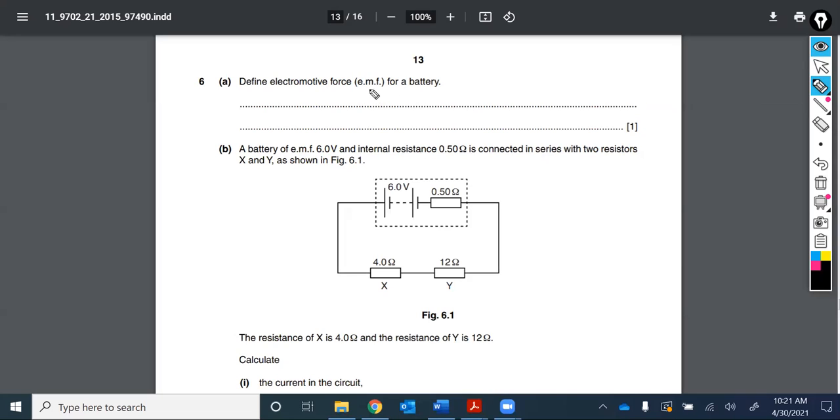So it's converting other forms of energy into electrical energy per charge. Okay, so energy per charge is the key idea with voltage. You can also define e.m.f as the total work done per unit charge as charge flows around the circuit, because